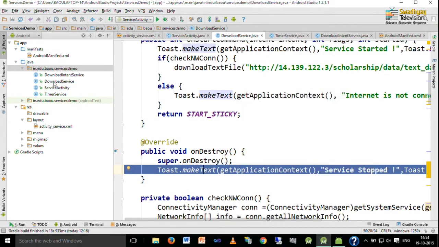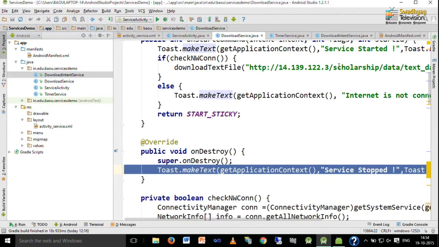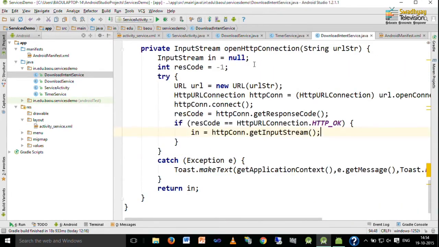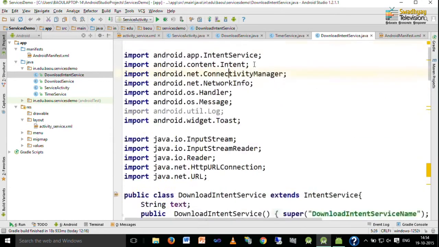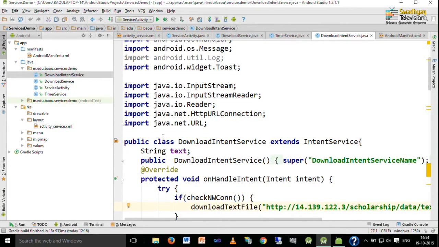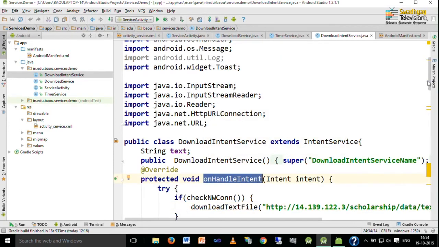So, this is how these two services are used to perform an asynchronous task and a repeated task. Now, finally, we discuss download intent services, which is very similar to an ordinary service, but inside this service, instead of on start command, we have the on handle intent method.